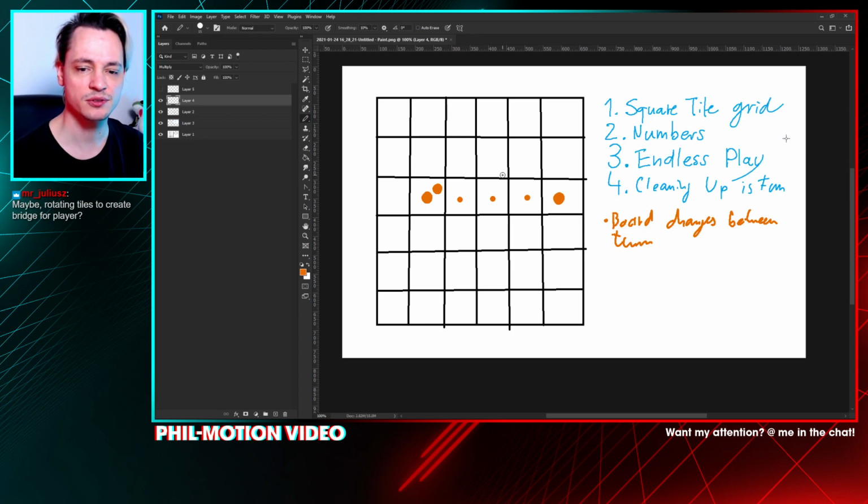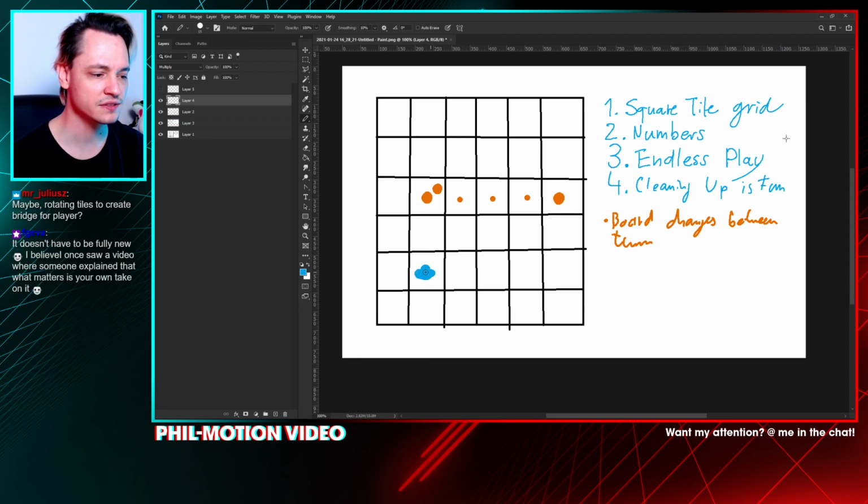Mr. Julia says maybe rotating tiles to create a bridge for the player. So this would assume that we have some sort of player representation, like an avatar or something. Yeah, this is a person there looking ahead, by the way. I'm not quite sure if I want to have an avatar there on the grid,